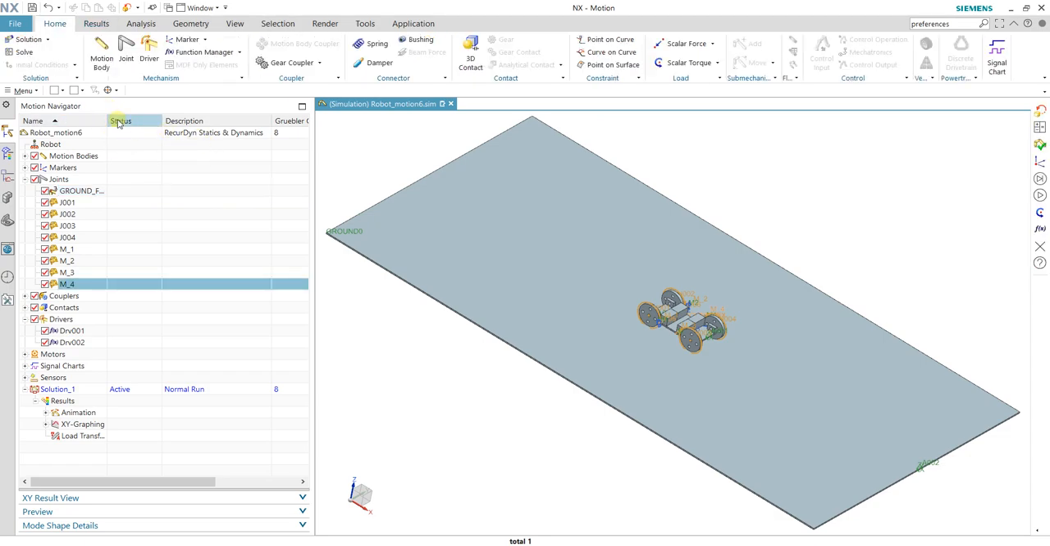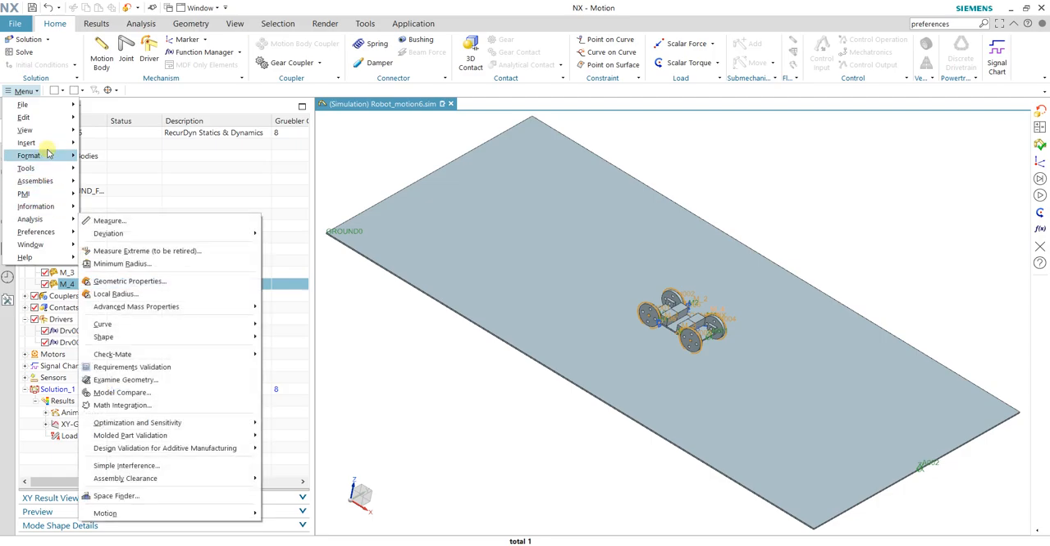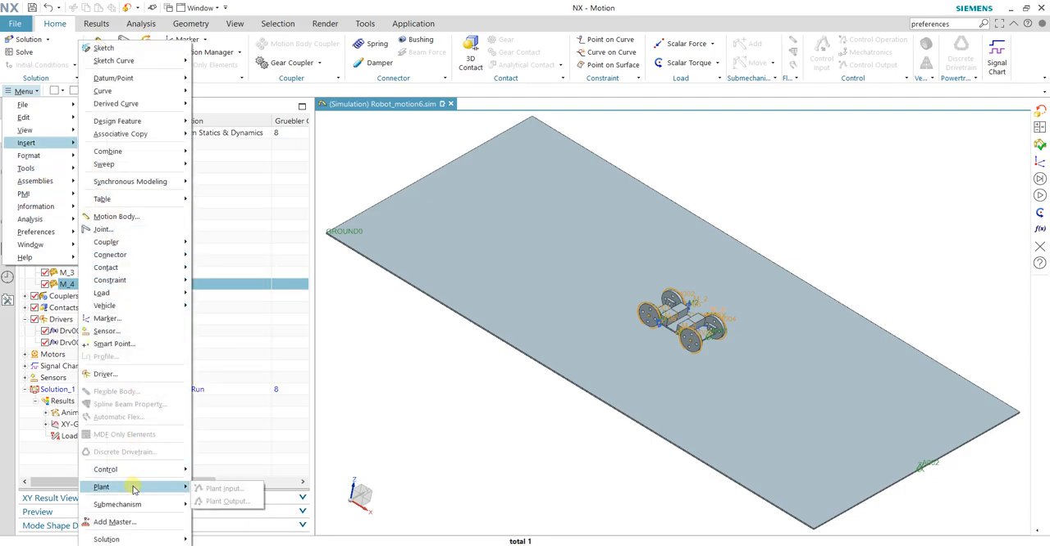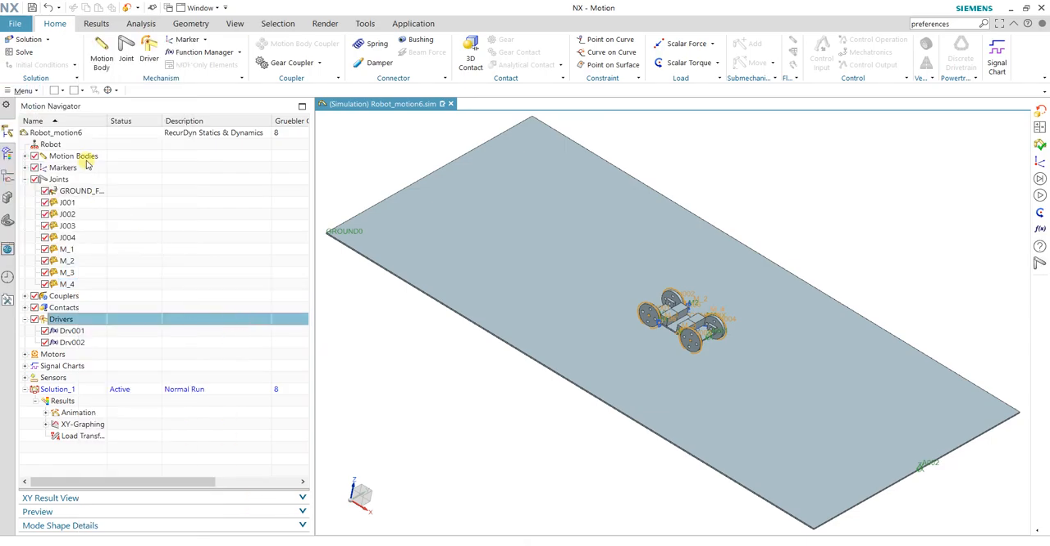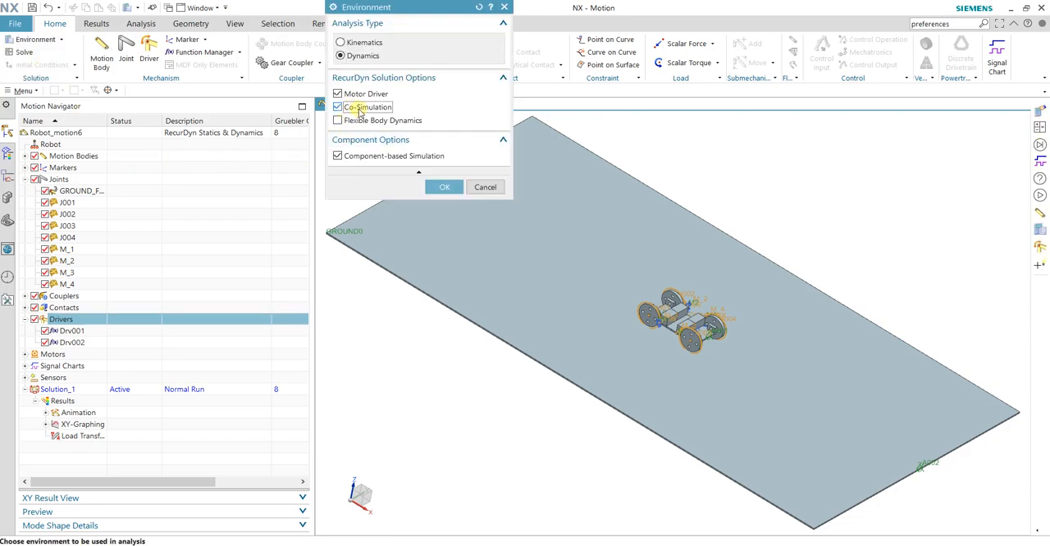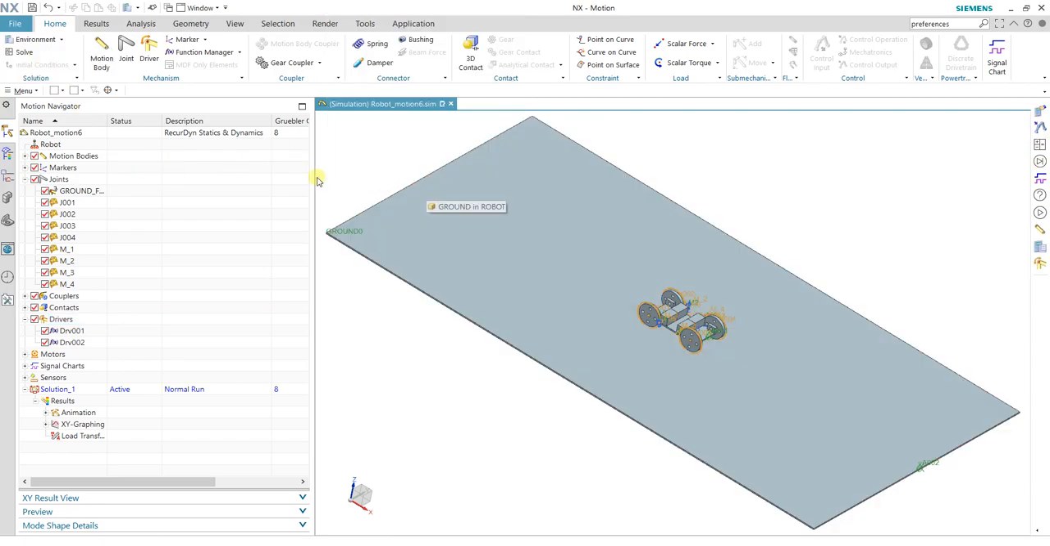To connect these two functions to MATLAB, we need to define inputs and outputs. So we need to define plant input and output. But here it is grayed out. I need to go back to the environment where we need to change the setting. So you check the code simulation, and now you can go back to insert,